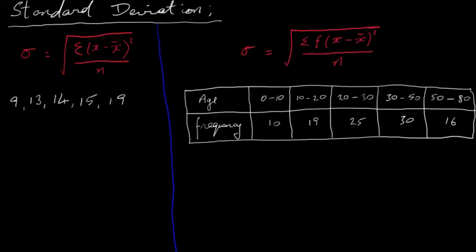Okay, so in this video I'm going to look at calculating standard deviation, and I'm going to do two examples here. I'm going to do an example where I have a list of numbers 9, 13, 14, 15 and 19, and another example where I've got a frequency table. In fact, it's a grouped frequency table here because the ages here are in groups 0 to 10, 10 to 20 and so on. Now we've got two formulae that are fairly similar but slightly different that I'm going to